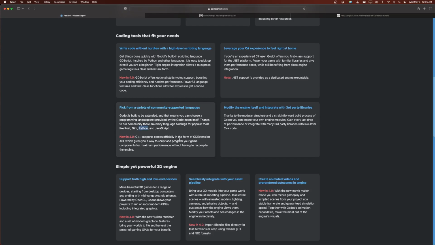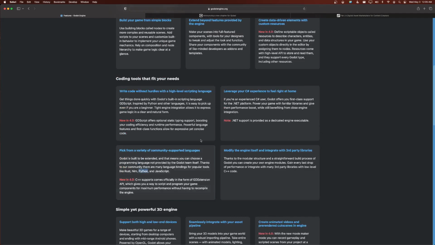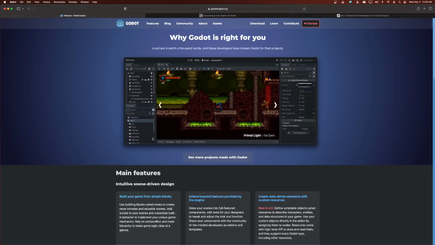It just seemed like, oh, I feel like I know this, I'm familiar with this, because it says here it's inspired by Python and other languages, similarly to Unreal's, but the way that it's written was just much more Pythonic than Unreal's. But that's just from me looking into it from a very short term perspective. I could be wrong about that, but I just felt much more comfortable personally with this scripting language,